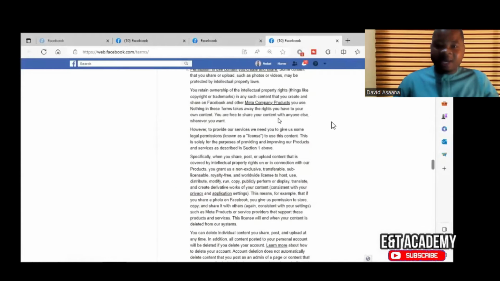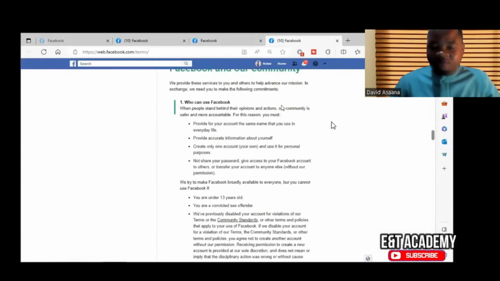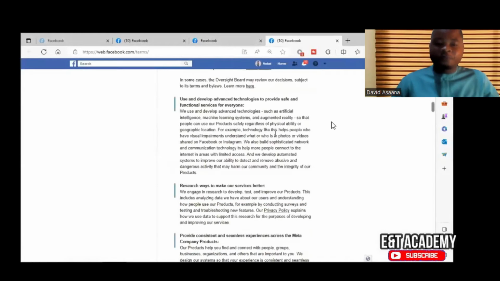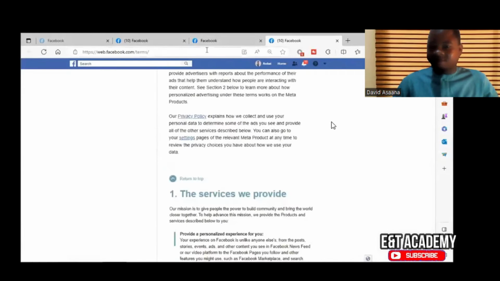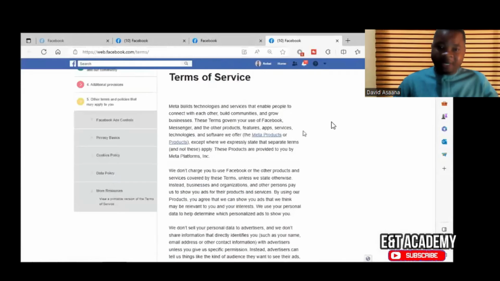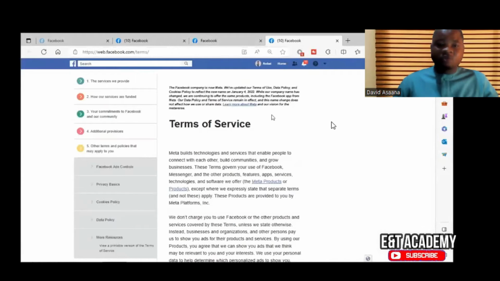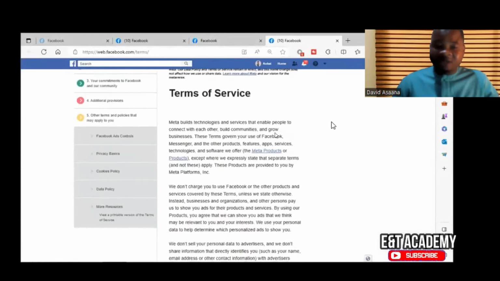Normally, there are several reasons why they suspend your account. One of the reasons is that you probably violated their terms of service, or they will normally say you are spamming the system. So what do they mean by spamming the system? One of the things you may do is to create multiple accounts. Some of you have one account, then you go and create a second or third account. That is a violation of the terms of service. It's part of spamming the system.